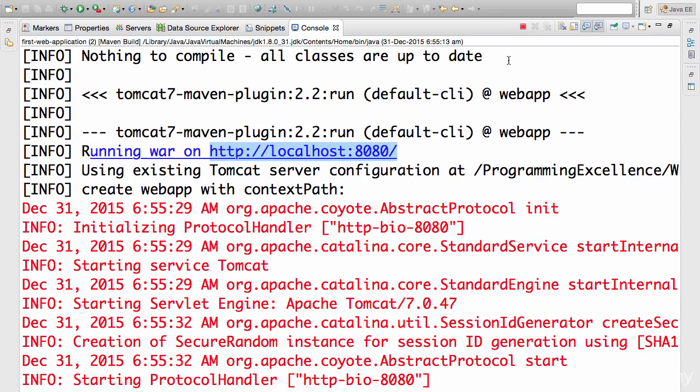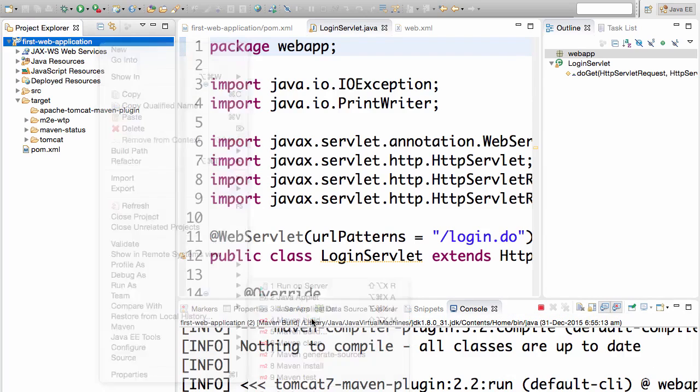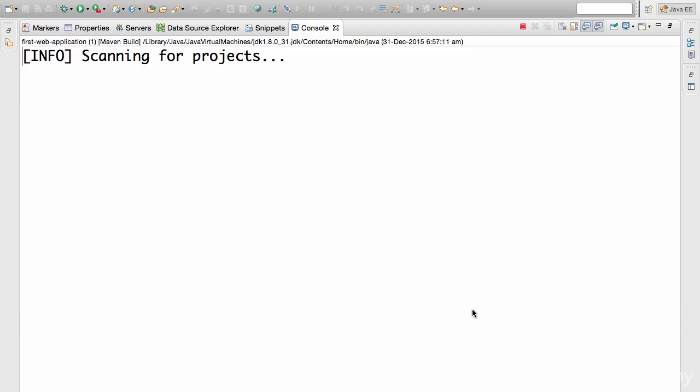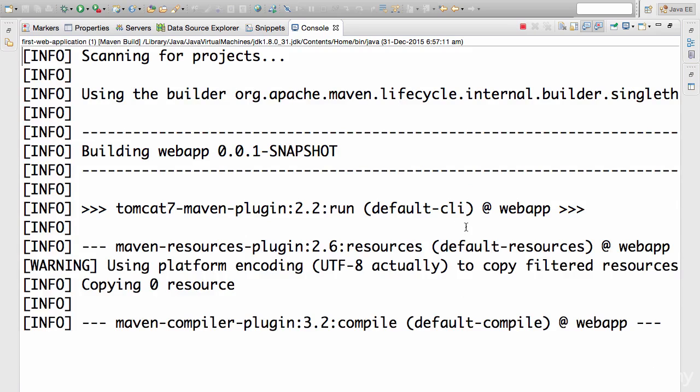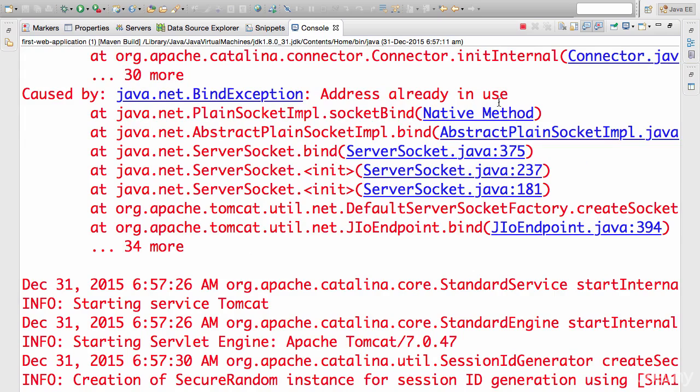One tip which might help you: if you get a port already in use exception. For example, my server is already running, so I'll go ahead and run it again. I'll right click, run as mvn build, and choose Tomcat 7 run. This would try to launch the server again. I already have the server launched, but I'm trying to launch it again. You get an exception saying java.net.BindException, address already in use. This would not launch the server because port 8080 is already used by a server which is already